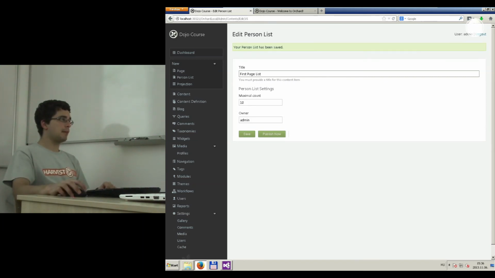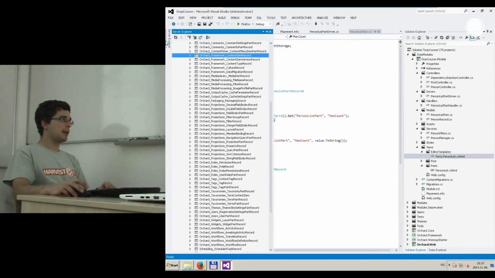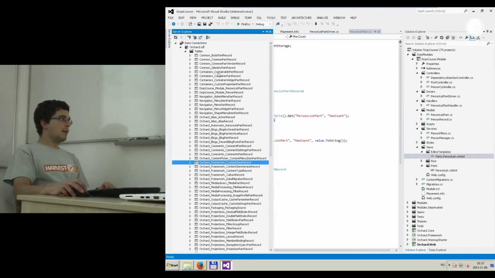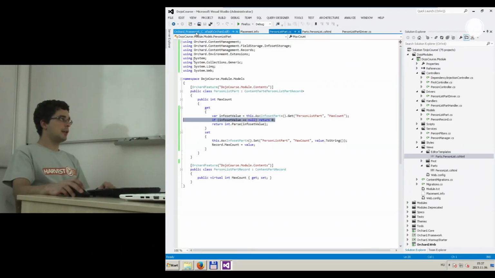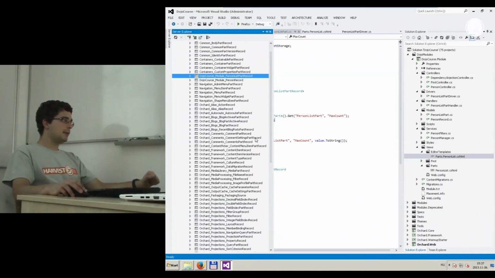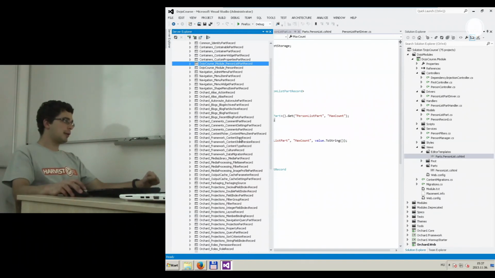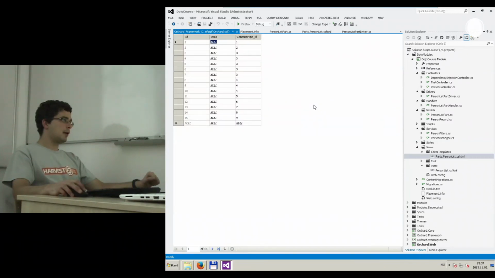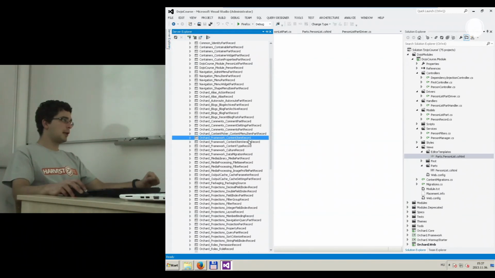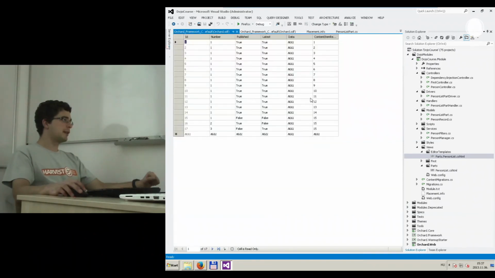Okay, and let's take a look at the database now. Let's see what happens. First, in our person list part record table, we have the same. So we have the value 10 stored in the table just as before. But if you take a look at the content item record table, or the content item version record table,